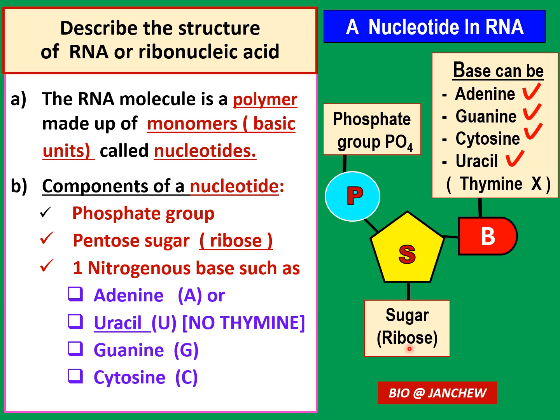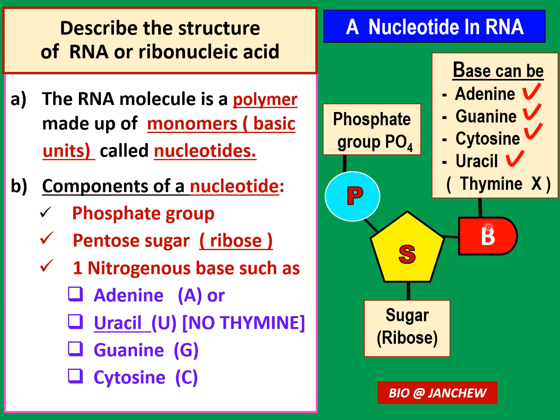DNA has deoxyribose sugar, okay, but RNA doesn't have deoxyribose sugar. Instead, it has ribose sugar. There's a slight difference in the molecular structure and formula of the two pentose sugars. So RNA has the sugar called ribose, and lastly, the sugar is joined to a base, a nitrogenous base